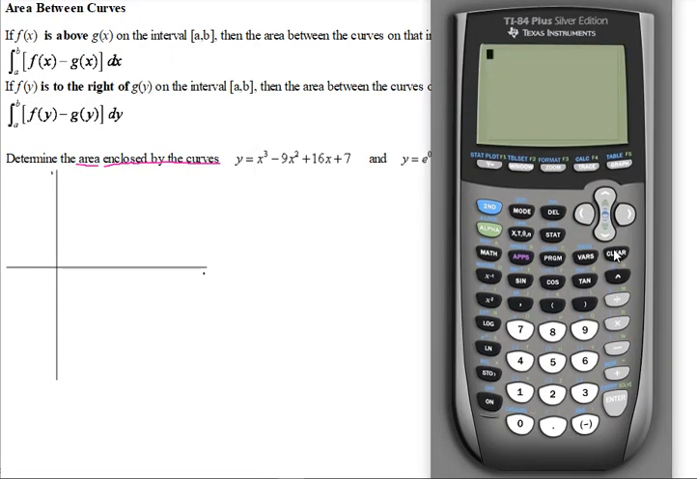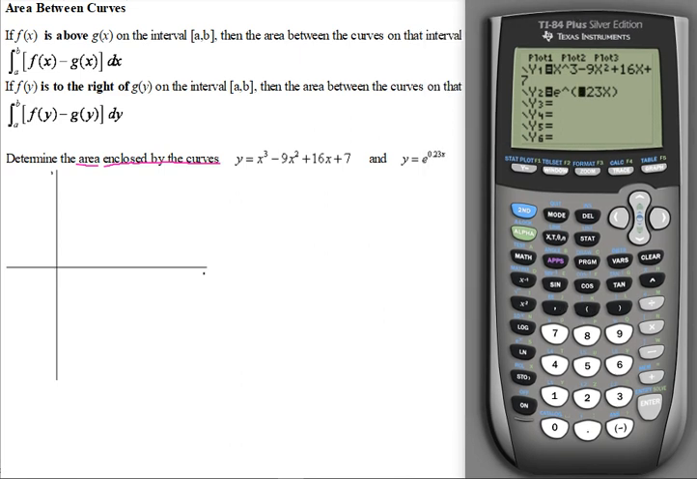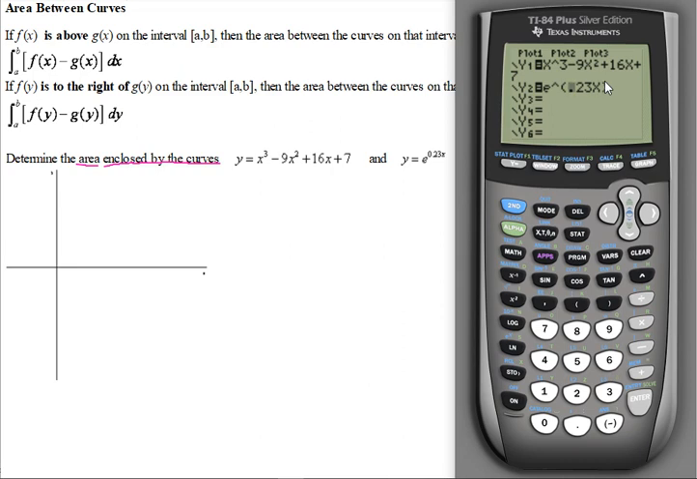So we'd enter these two functions in here. So x cubed minus 9x squared plus 16x plus 7 for y1. And then you go second e, and then put the whole exponent in parentheses here. You don't have to put the 0, but just 0.23x and then close parentheses. And then for a window size,